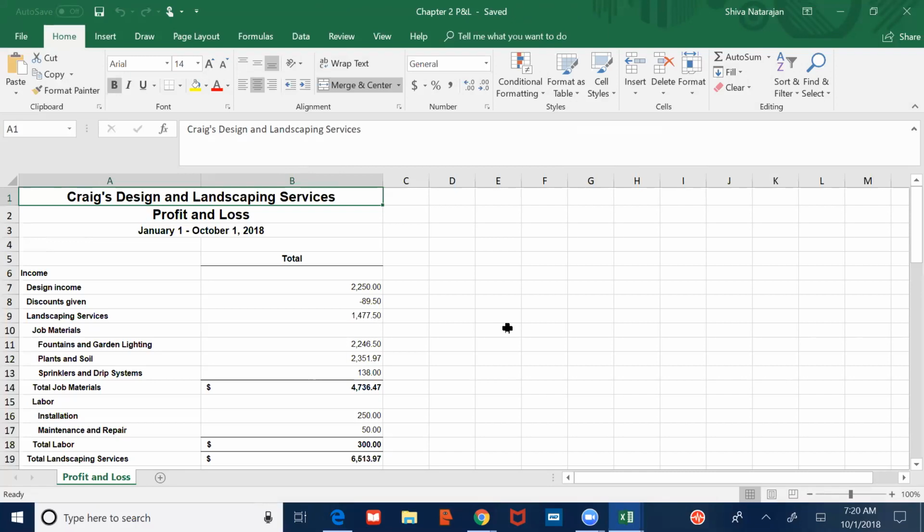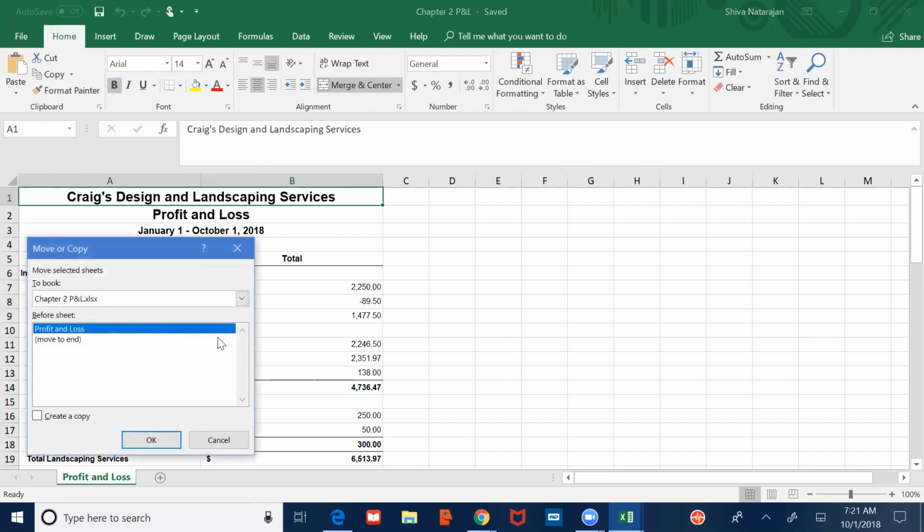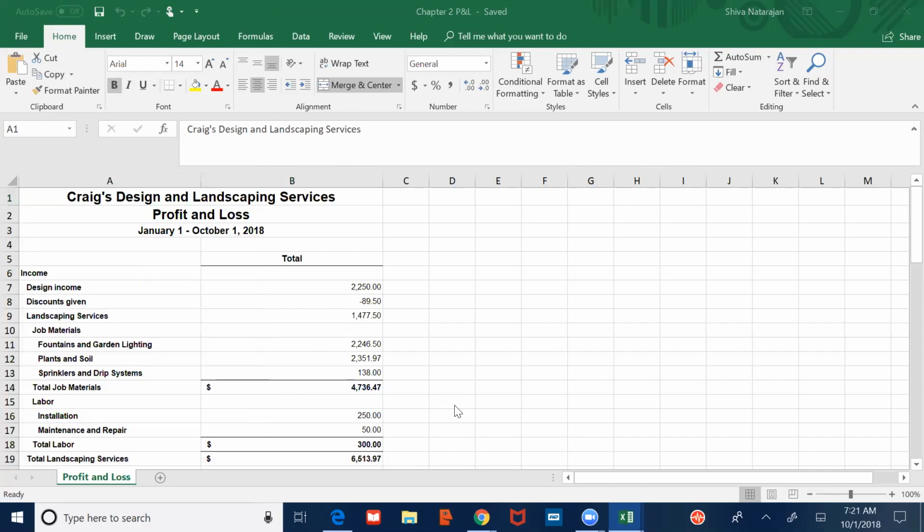What you do is, once you export all the required reports, save them in your local drive, and then open each of the reports. Right click here, click on Move or Copy, and I'm going to move it to a new book. And say create a copy. So now my P&L has been moved into a new book.